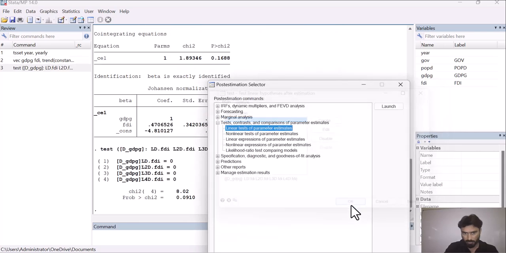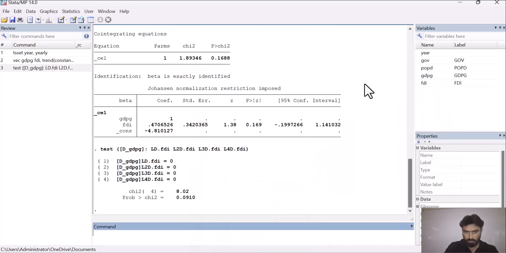and then OK. So here you can see that now it has given us the result for the short run relationship. As you can see, what is the null hypothesis? The null hypothesis is that all these variables, lag 1, lag 2, lag 3 and lag 4, are equal to 0, which means that they have no effect on our dependent variable.